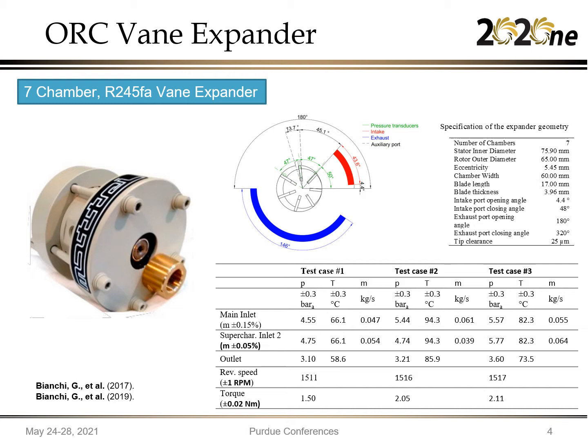The red curve is associated with the filling process, whereas the blue is the discharge process, which is labeled here as intake and exhaust. In addition, there is an auxiliary port which is associated with the supercharging. Some brief dimensions of the expander are given here, and in the experimental setup, 3 test cases data were collected, which are associated with different filling pressure and filling temperature, and at the corresponding operating condition and speed, we have received the internal pressure variation in the chamber together with the performance data, which has been used here for verification of the CFD model.